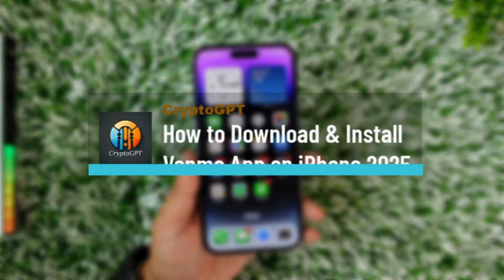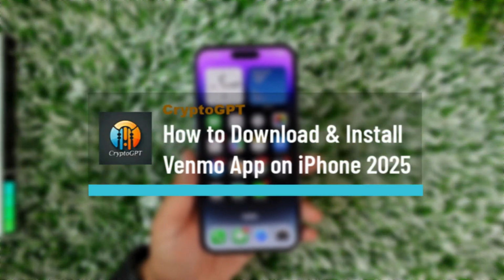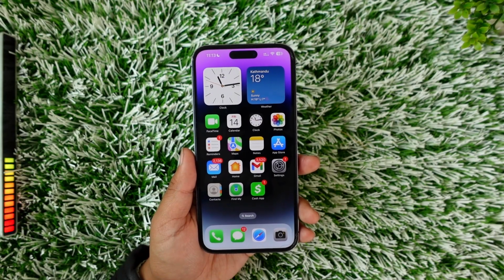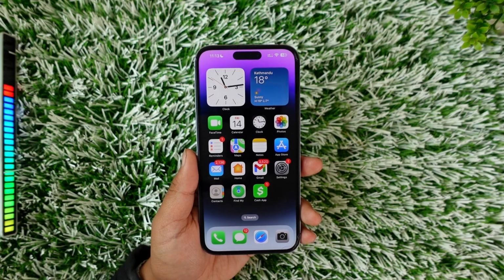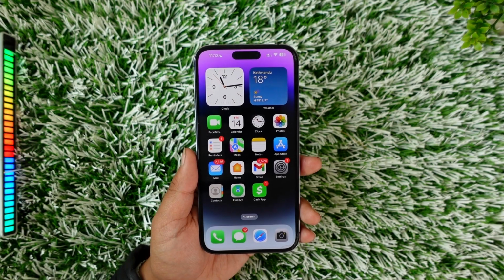How to download and install Venmo app on iPhone. So if you want to download and install the Venmo application on iPhone, it is actually quite simple for us to do so. Now all we have to do is simply go ahead and